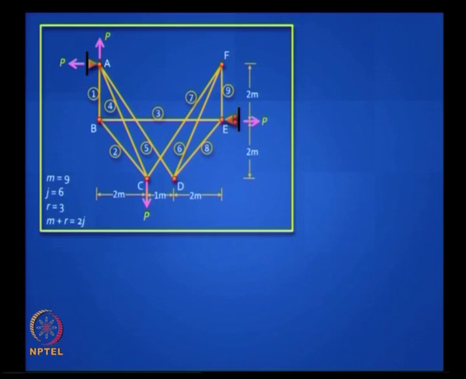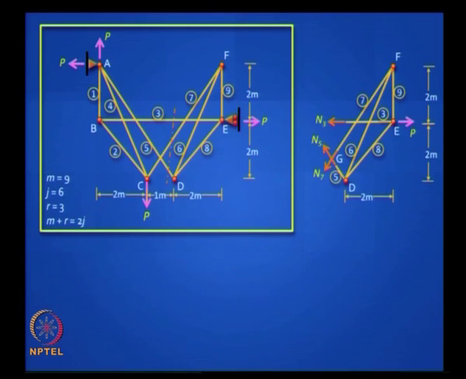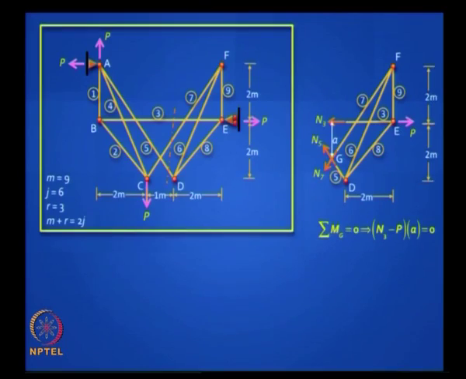So the first thing to recognize is if your load is P acting downwards, those are your reactions, and the reactions are statically determinate, they all turn out to be P. Then if you cut a section, say where I have shown, and you blow up that part, what can you make out from this picture, from this section? N3 is equal to P, and that follows from the fact that if you take moments about G, you can prove N3 is equal to P.